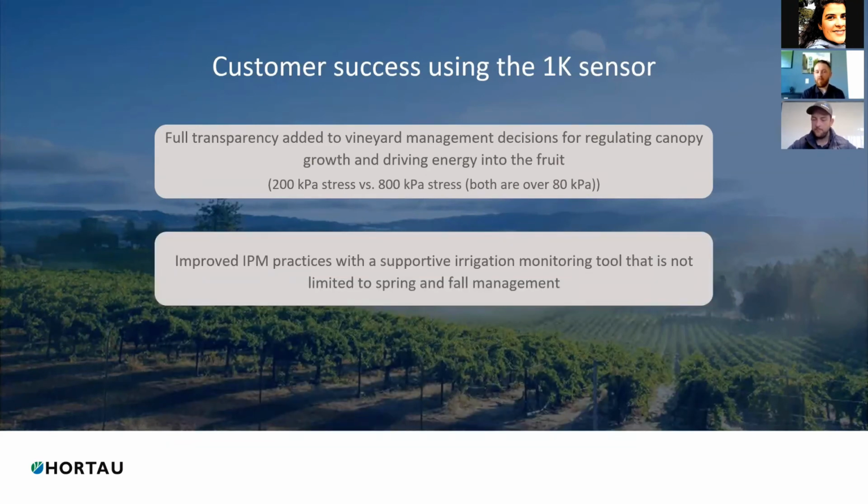It's helped with improving IPM practices. With our old sensor, it went dry, and the reason it went dry is because of a lack of available water within the soil. There's a big difference between being at 200 kPa and providing regulated deficit irrigation to a vine, or being at 700 or 800 kPa where you're starting to see physical damage to the plant, which is going to help out with